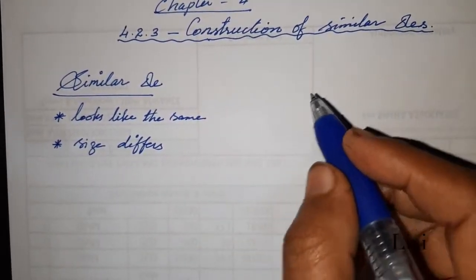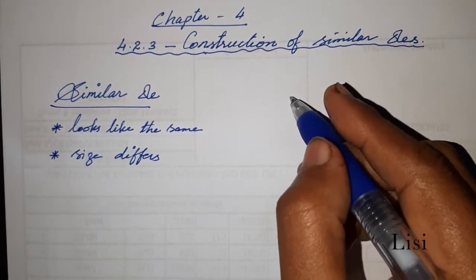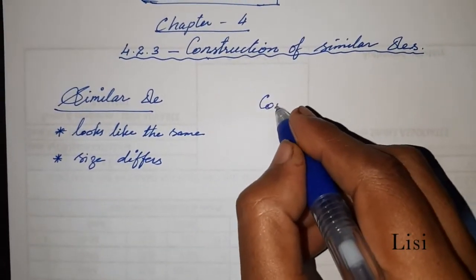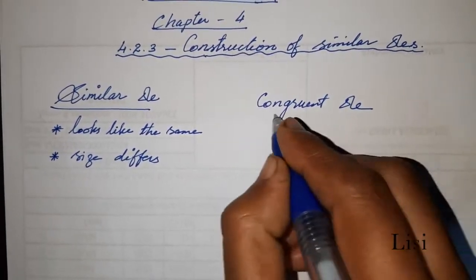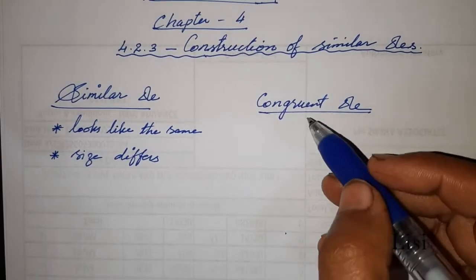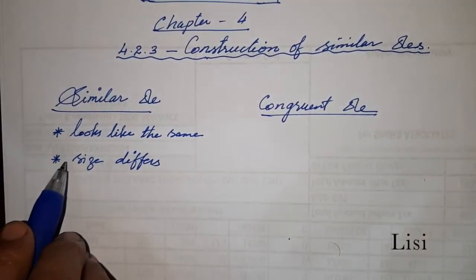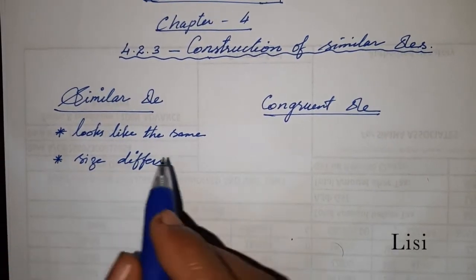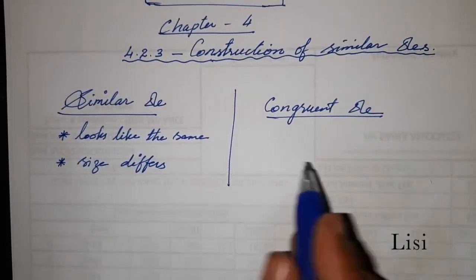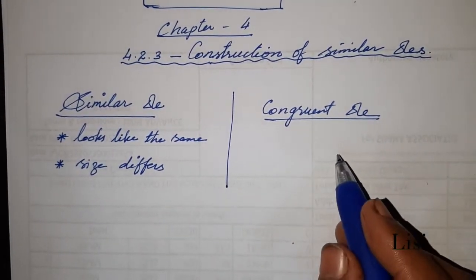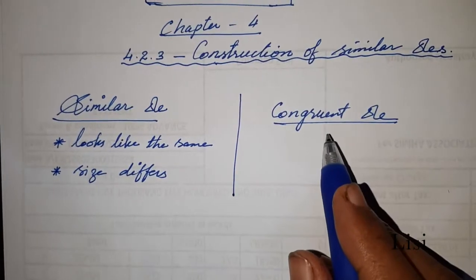Okay. And do you remember that you have learnt about congruent triangles? We are not going to study the congruent triangle. We are going to study only the similar triangle. But you should always know how to differentiate between congruent and similar. Okay. Here in congruent triangles,